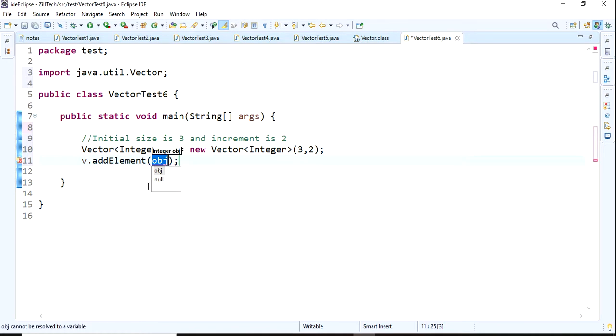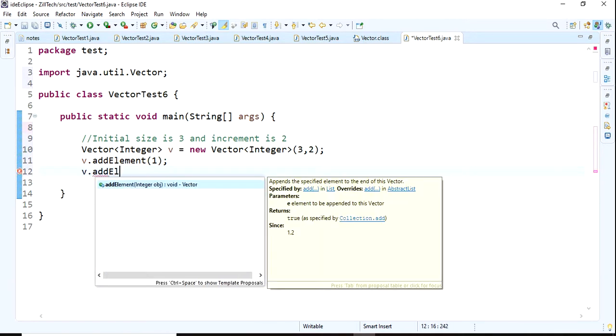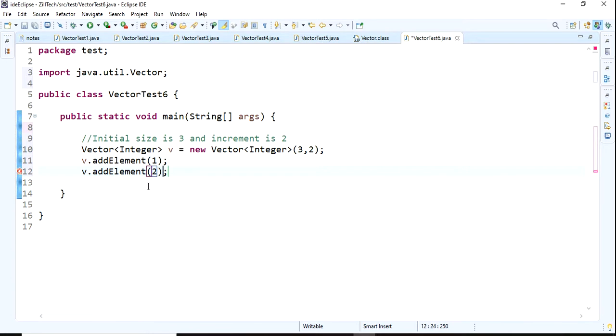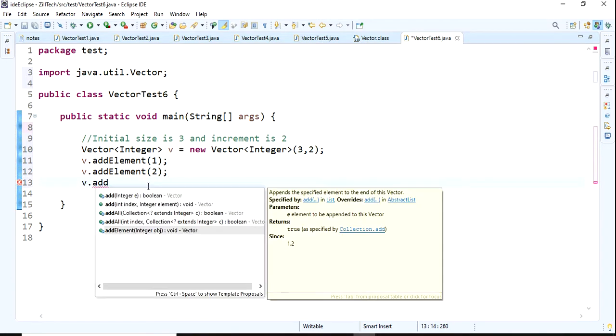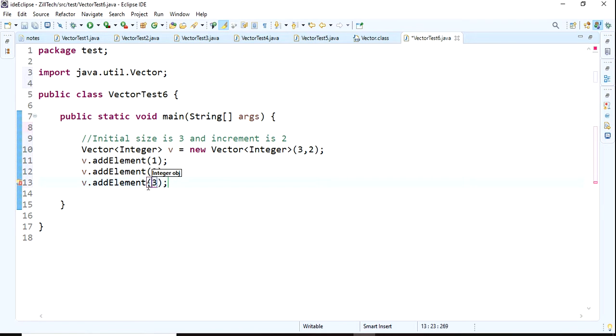I'm using 1 or 10, anything. I want to add some more elements: v dot addElement 2, v dot addElement 3, and v dot addElement 4.